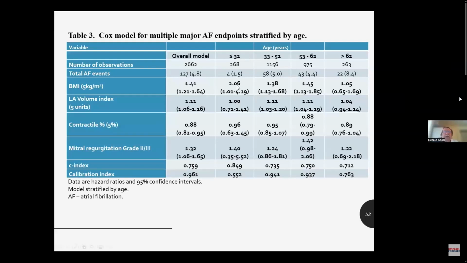Again, basically for overweight younger patients, there's a higher hazard or higher risk for an AFib event than for older patients. And by the time you get to 62 or over 62, there's hardly any impact at all. And so we then ended up